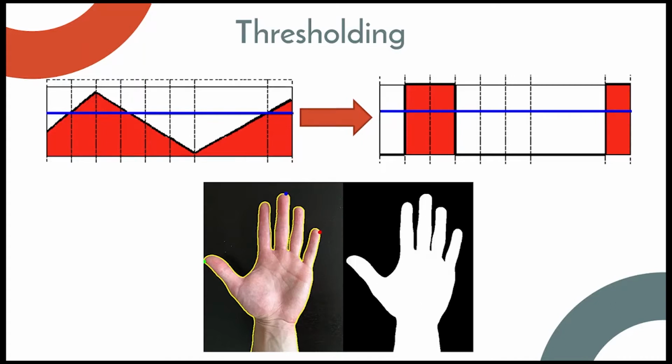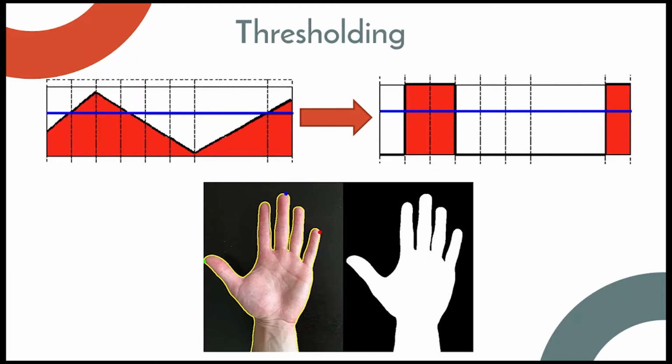Technically, a black and white image is called a binary image. Binary format is nothing but zeros and ones. In our case, since we are dealing with images over here, a binary image is an image which has only two values for a pixel. One is 0, which means the pixel is black, and the other is 255, which means the pixel is white. So, this process is also called as binarization. Unlike RGB or any other type of color image, a binary image has only a single channel.